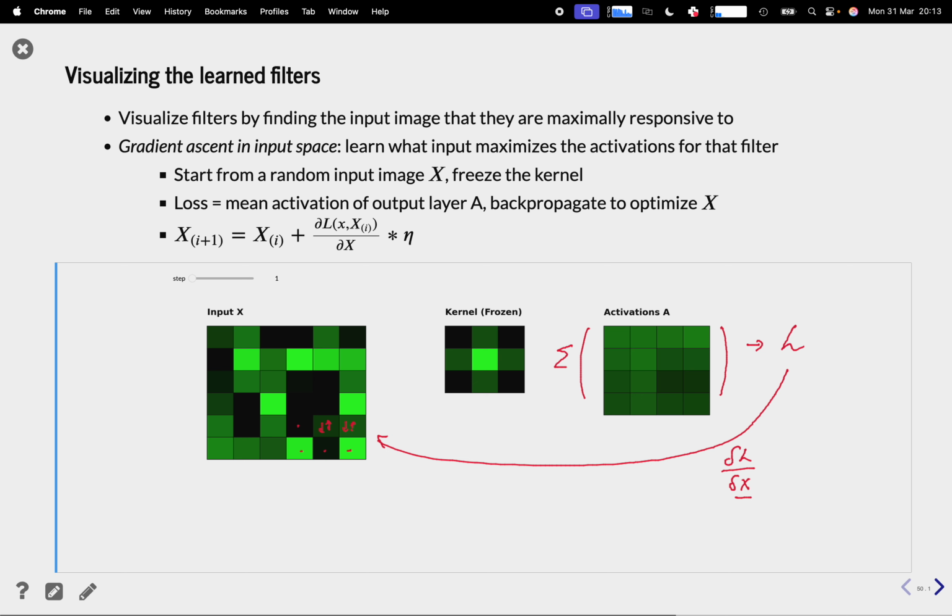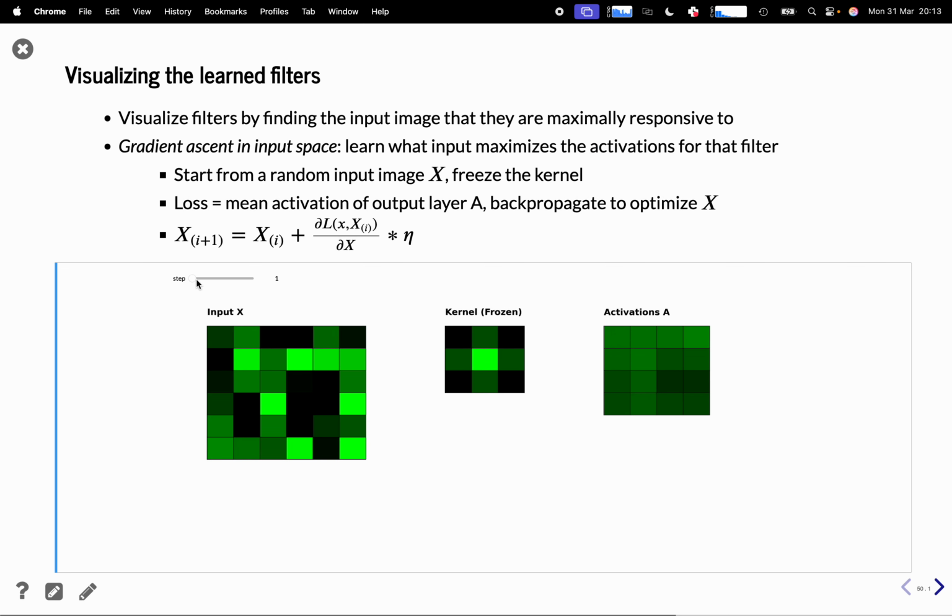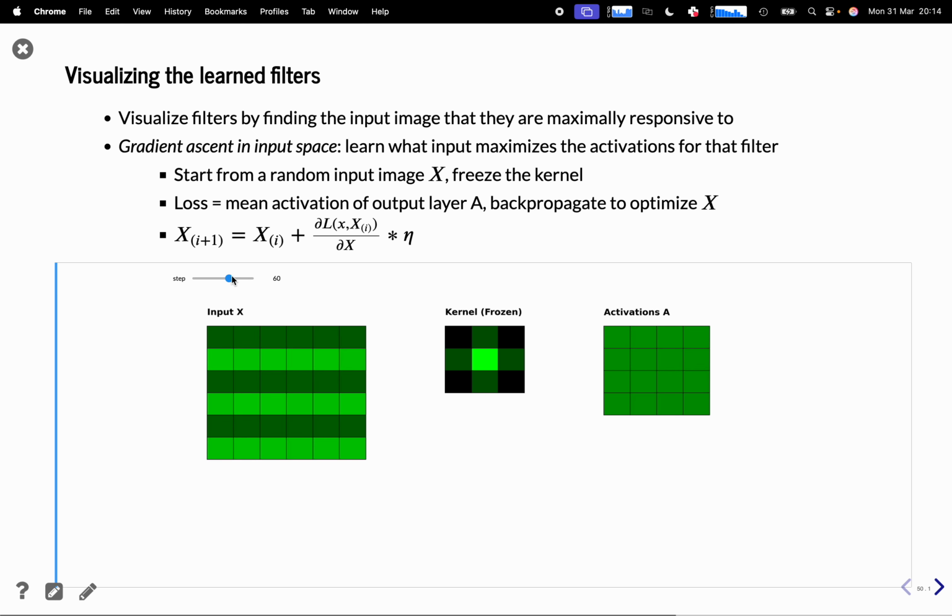And so we're going to do this over multiple iterations, and so what will happen will be something like this, where from this random activation, every step we do, we're going to change the input image until it converges to some patterns that the kernel responds to, and the activation becomes very, very high,